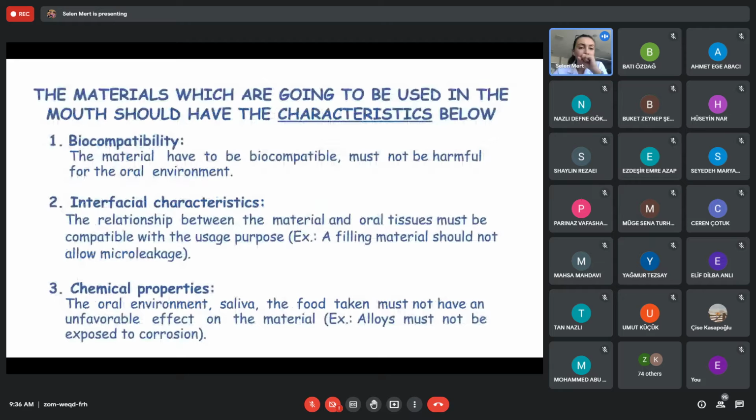In an allergic reaction, it occurs independent of dose. So if the patient